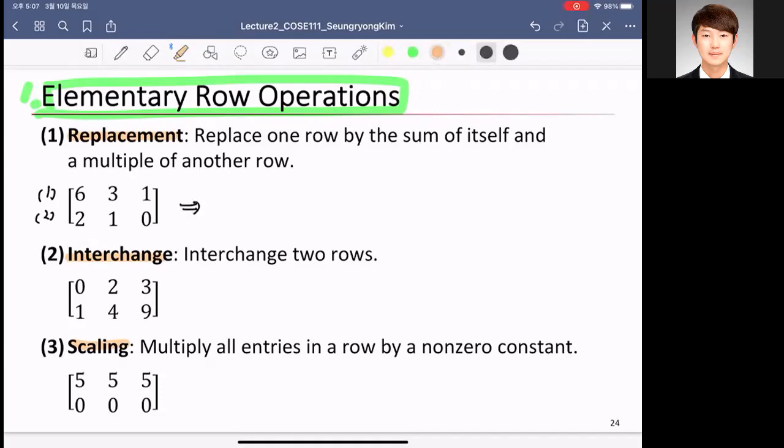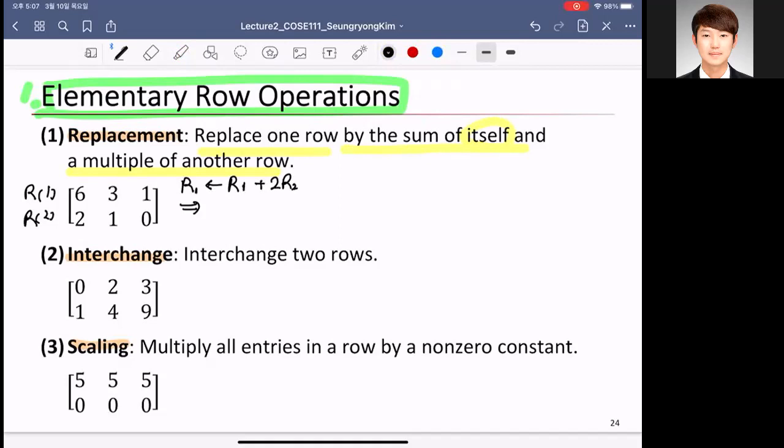We want to replace one row by the sum of itself and a multiple of another row. For example, let's say this is R1 and R2. If we want new R1 to be equal to previous R1 plus 2R2, if we want to do this kind of operation,